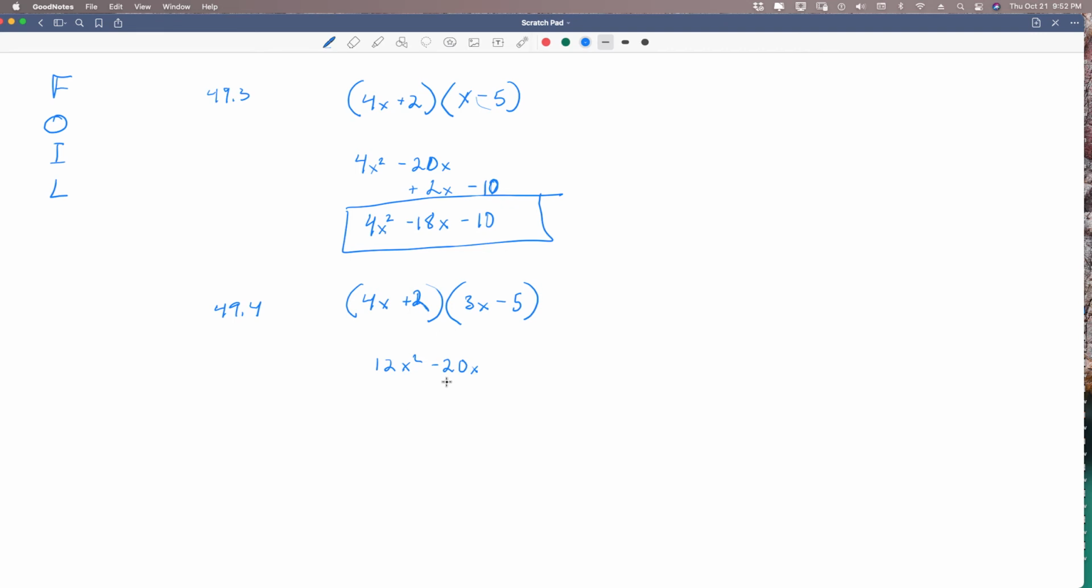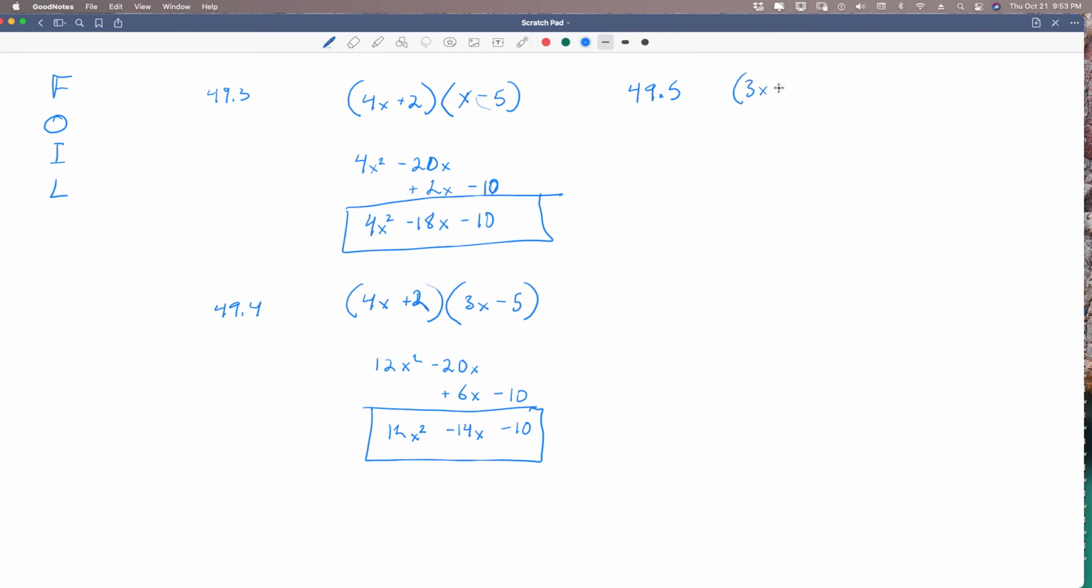Now let's move to our second line in stacking and our inner terms. So 2 times 3x is going to be a positive 6x, and 2 times negative 5 is a negative 10. We draw our line. We start combining like terms. And that's our answer. 49.5. We have